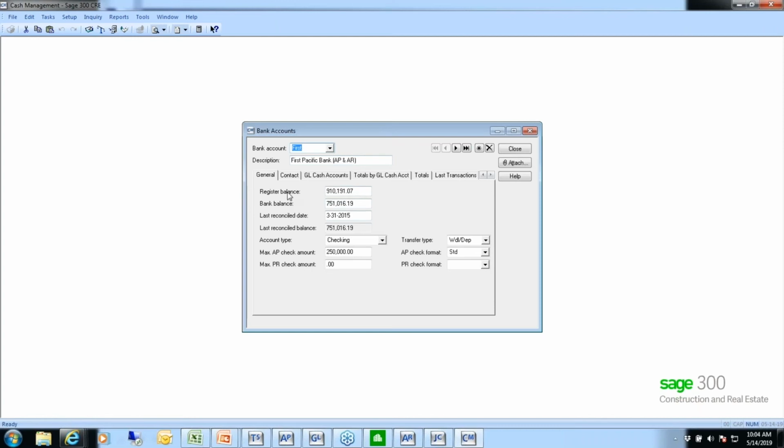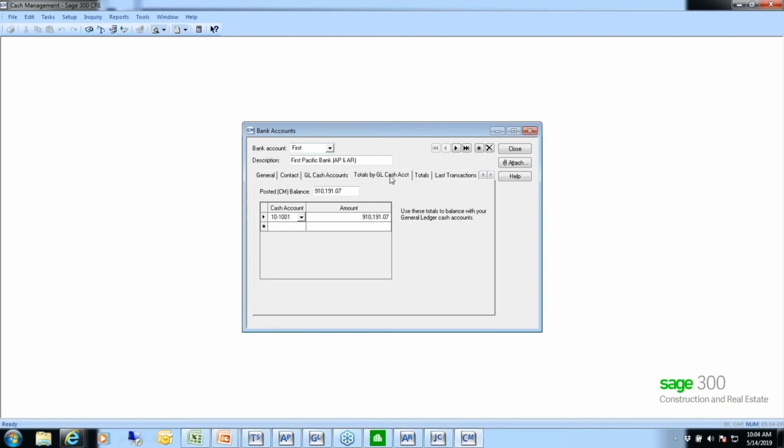The register balance and the bank balance are on this window, this first General tab, and your cash CM posted balance is here on the totals by GL account, cash account. This number needs to balance to this number here on the grid. And you can change either one of these or both so that they match. And usually that's what will correct the